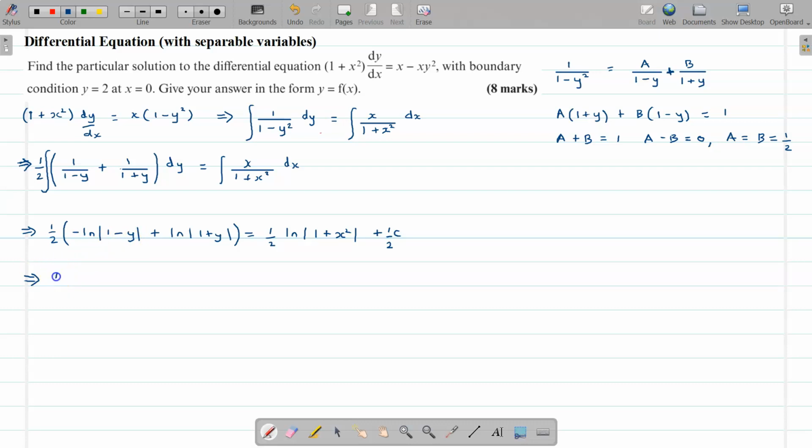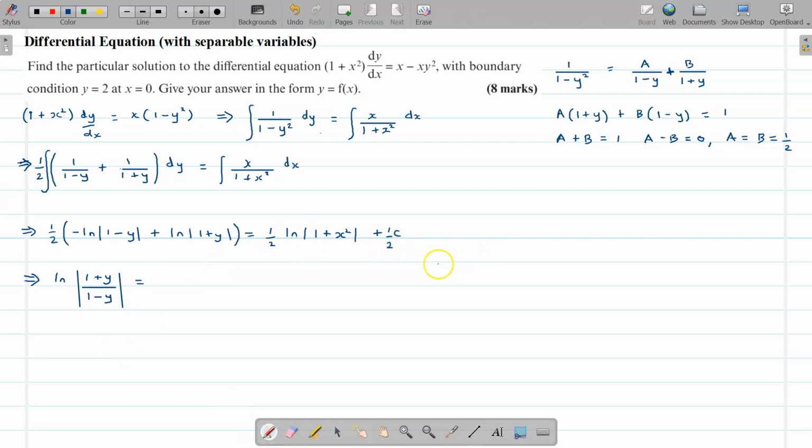So I can now say I've got the log of 1 plus y over 1 minus y, using the rules of logarithms because of the minus in front of this log here. Now again I should have those modulus lines in there, and that is going to equal